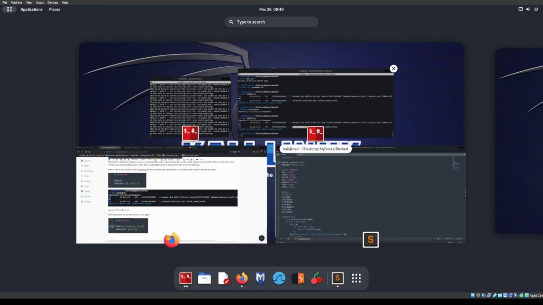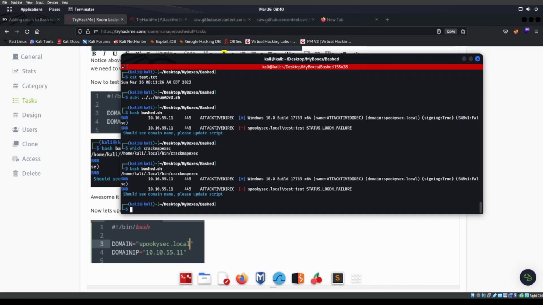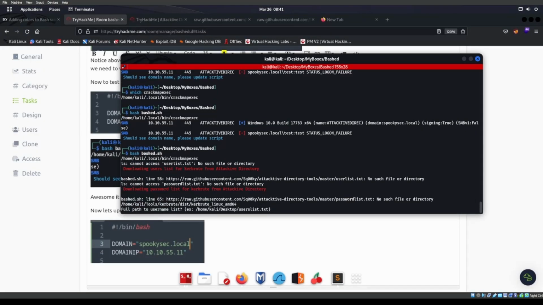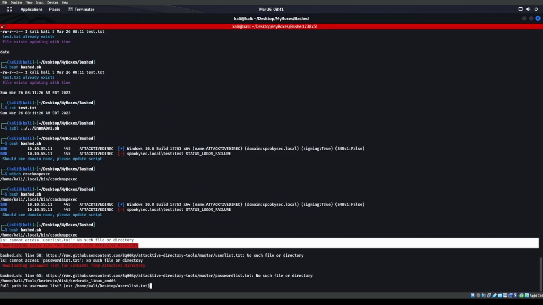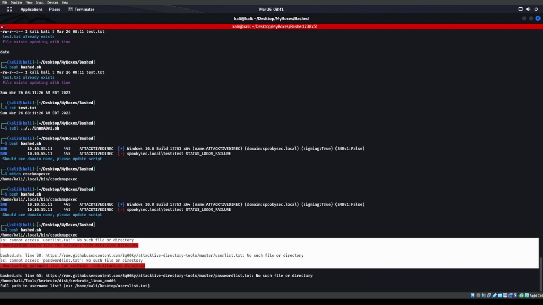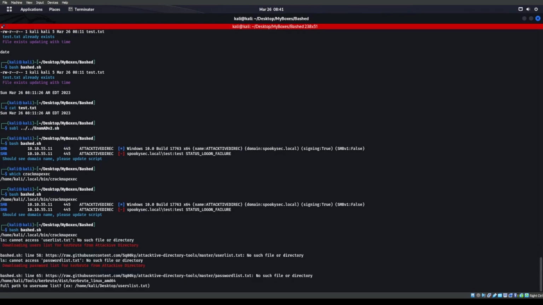Then from here, we will do a, boom. There we go. So downloaded that. So far it's looking pretty good. Then we have this right here, right? Now it says full path to the username list. So ours is going to be exactly what that says. If we don't know,